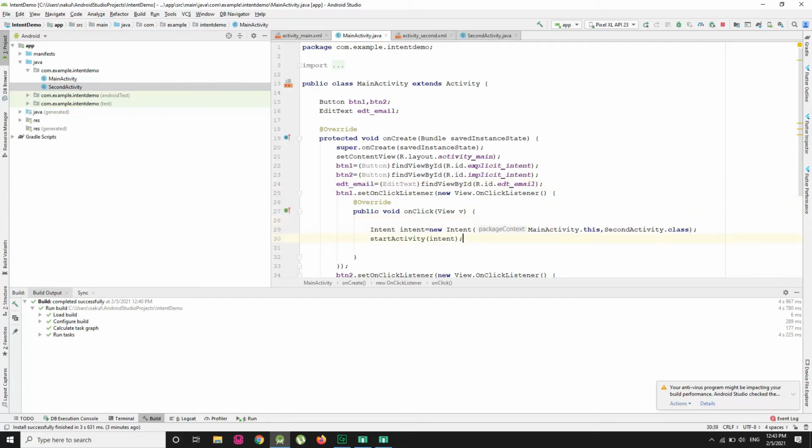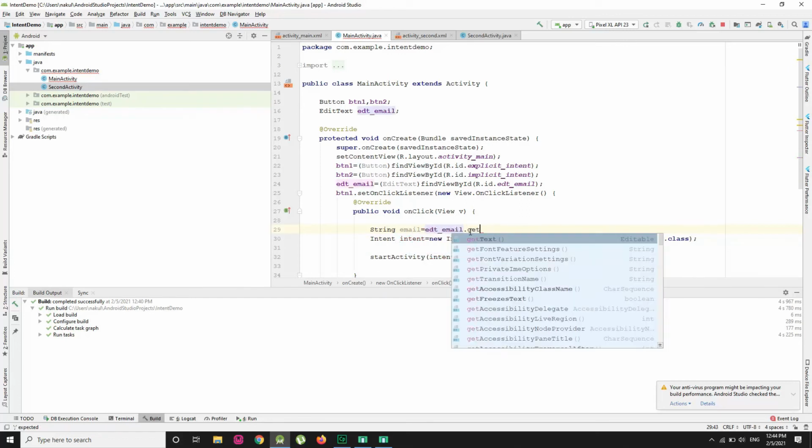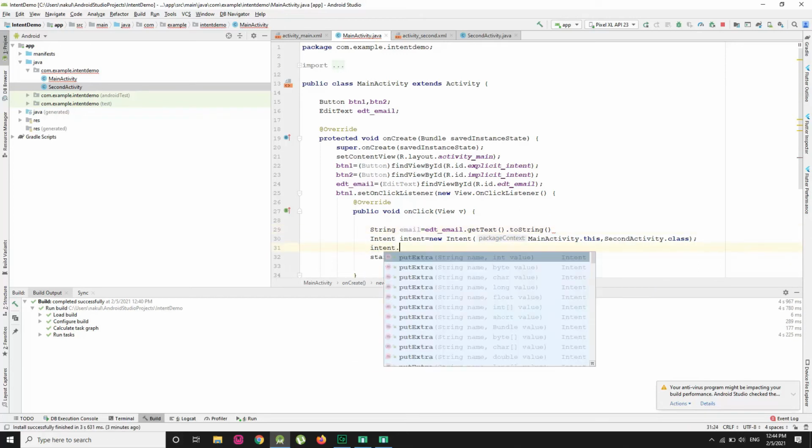Now let us make an object of the String class over here, String email, for whatever data is entered by the user. So for that, ADT_email.getText().toString(). Now I'm going to pass this email to our second screen, so I have to write intent dot.